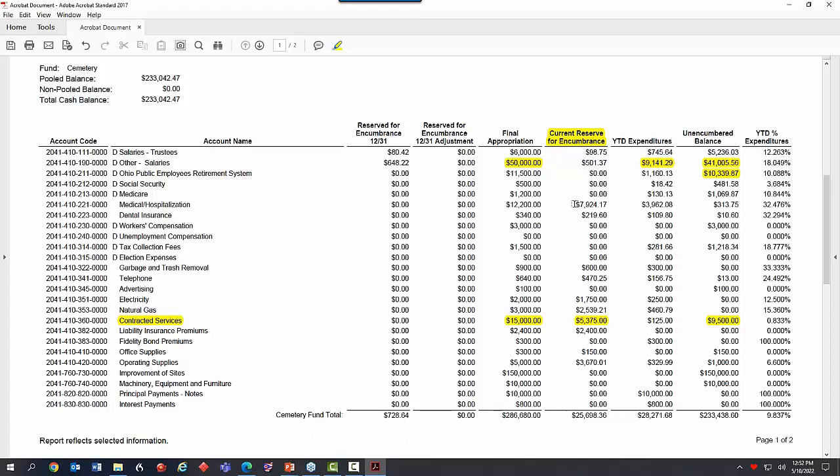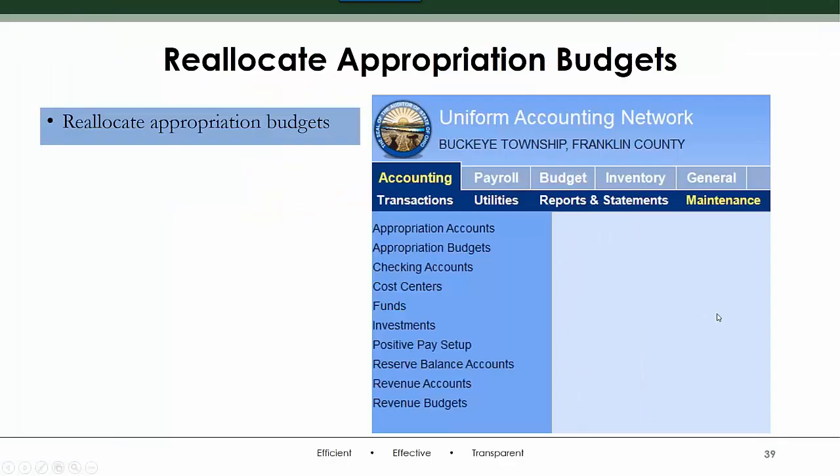Just reduce the purchase order on an account code where it has a cushion, and then you would be able to reallocate. So I find where I'm going to reallocate from. I can take it from here and here, and I've got the 9,500 that I'm going to put it in. Now I am informed and can go in to actually do the reallocation.